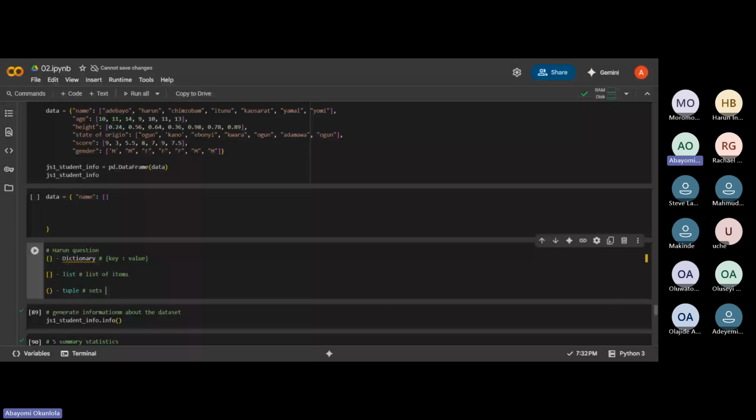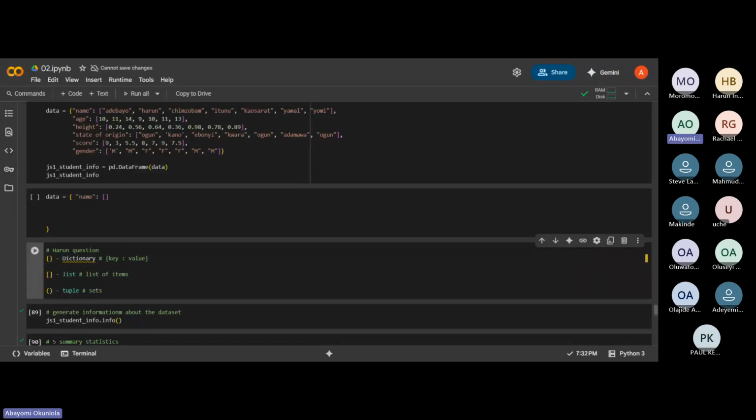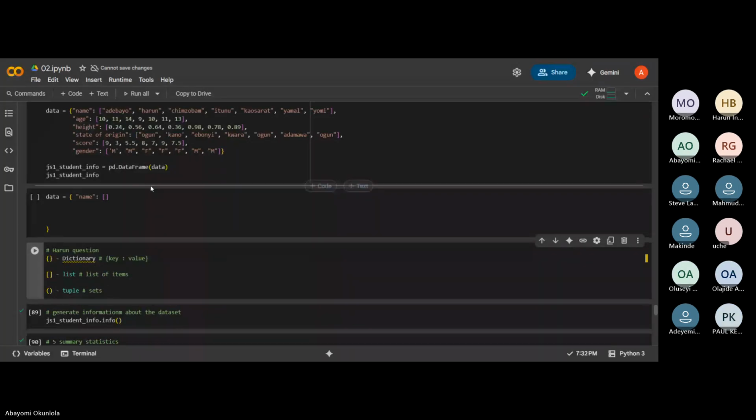Okay, so here we want to create a data for students in GSS1, so we know that here we would have a key that we can use to access the name of the student, which is our list. I hope it's clear.